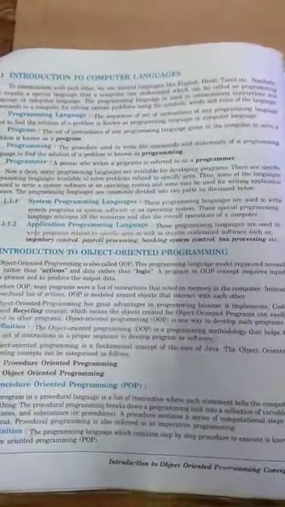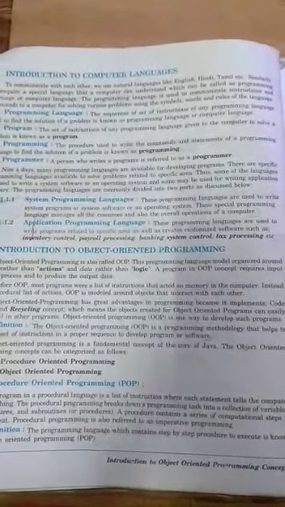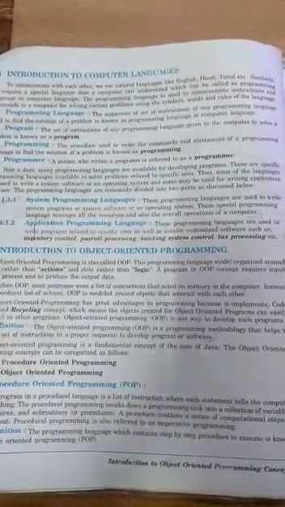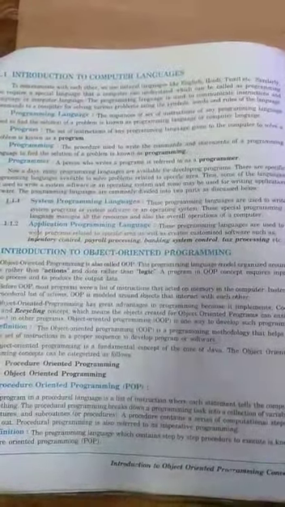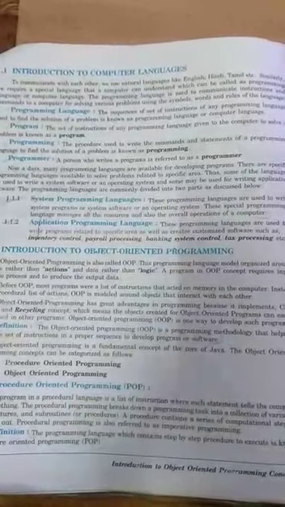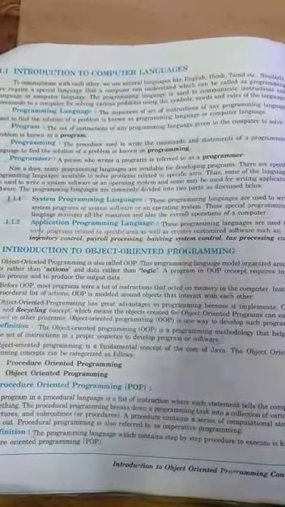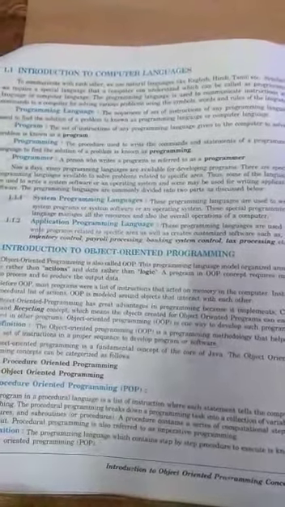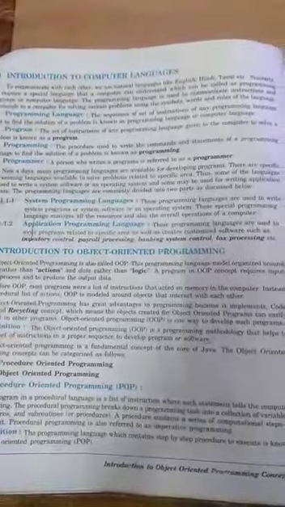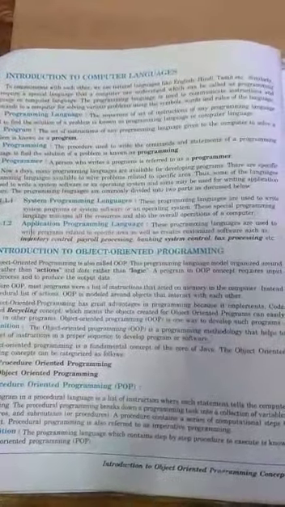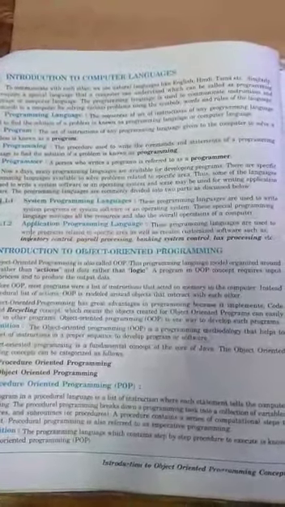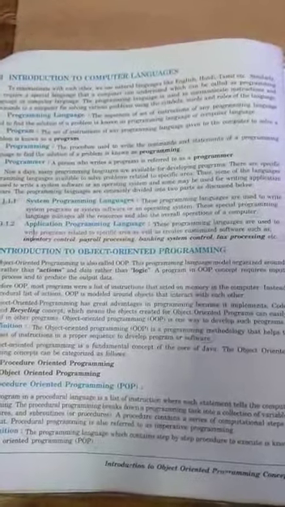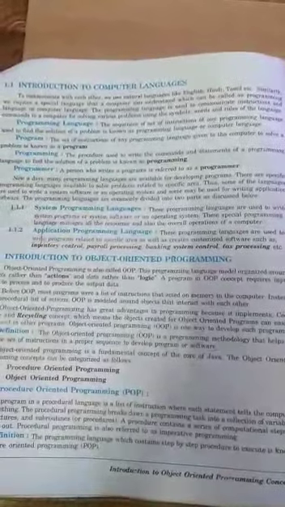So now what is a program? A program is a set of instructions which you are using from any of the programming languages. Here we are writing the program using the Java programming language. We will be using the set of instructions or the symbols which are there in the Java language. Now what is programming? The procedure which you are using to write the commands and statements in order to find the solution for the problem which you have, that is known as programming.